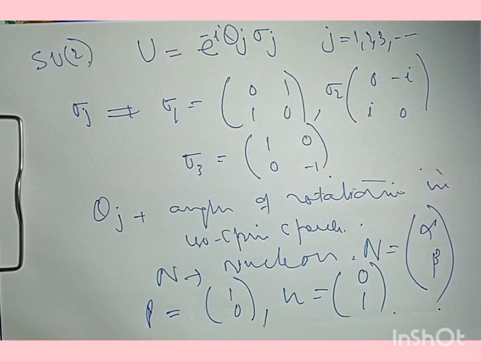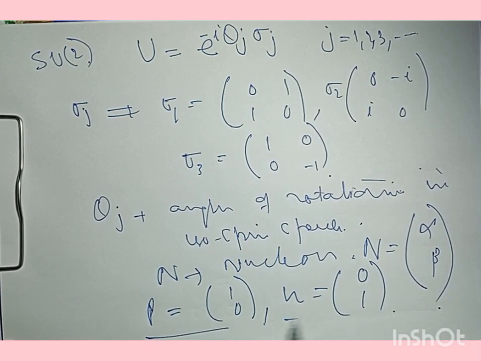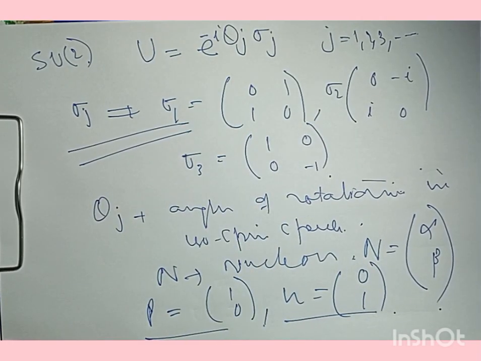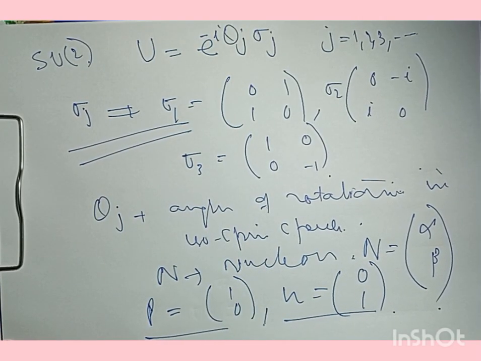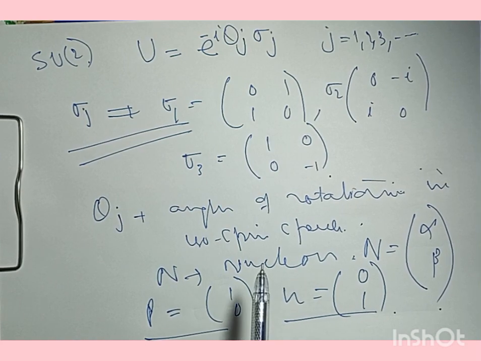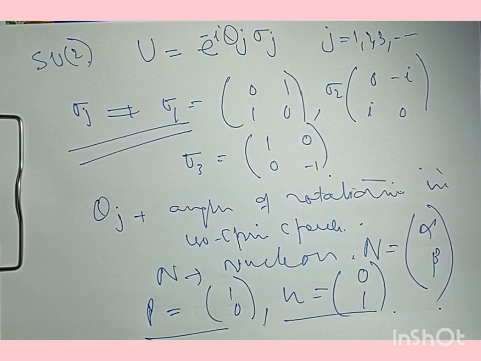And on these protons and neutrons, the Pauli matrices can operate. Now, this isospin symmetry,